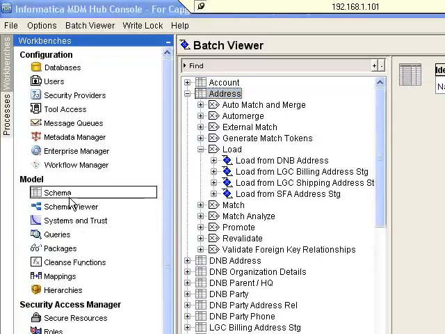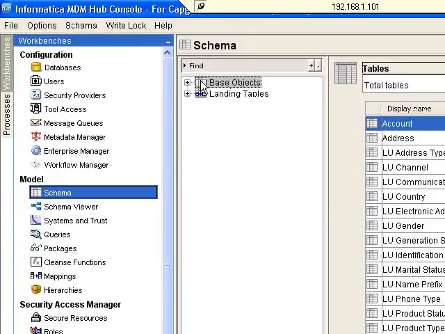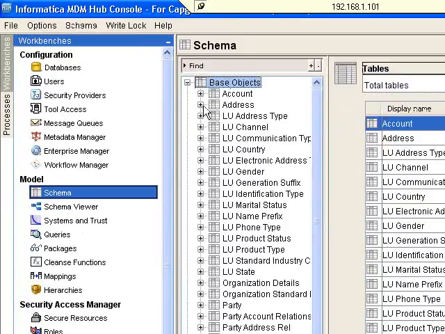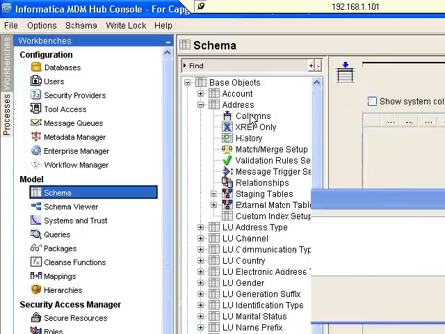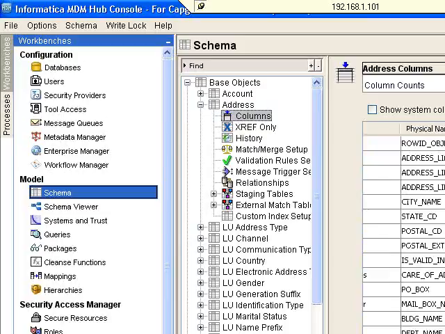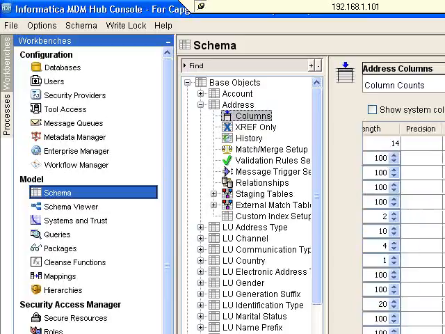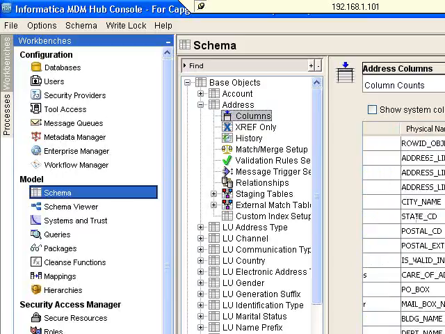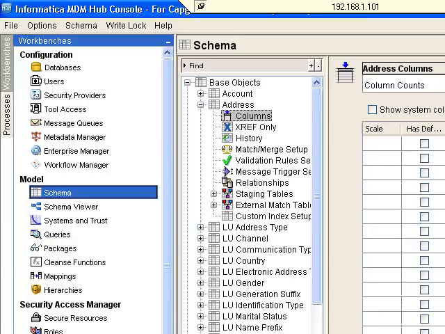Trust enable column. I repeat, the first and foremost thing to configure trust is that we need to enable the column as trust enable column. For example, let's say country code, or it's already enabled. So let us take another column, country name, where you want to